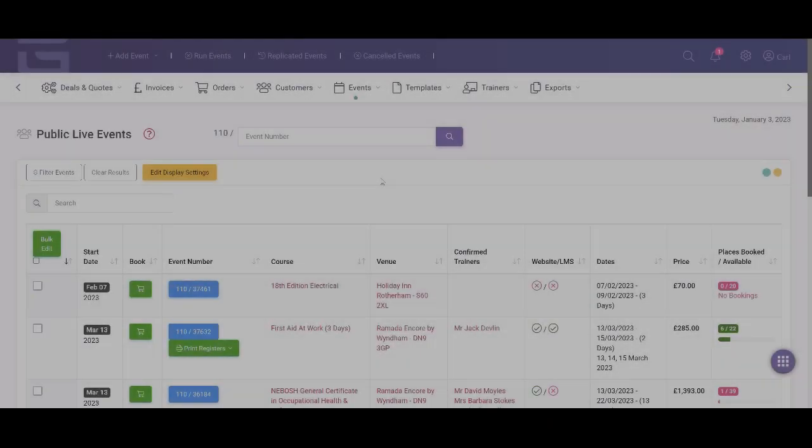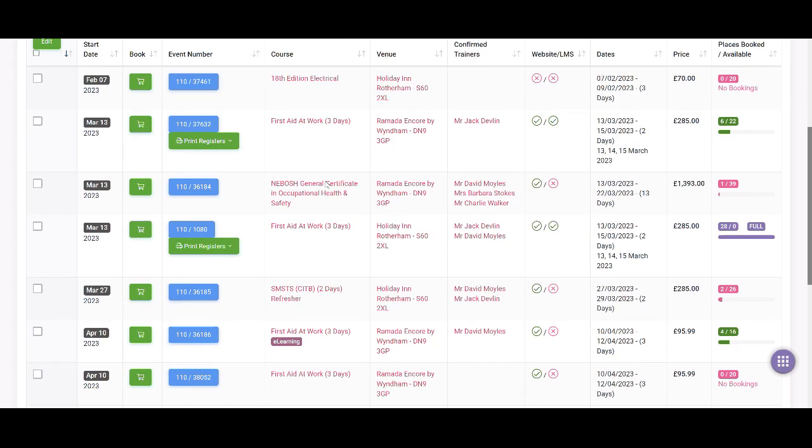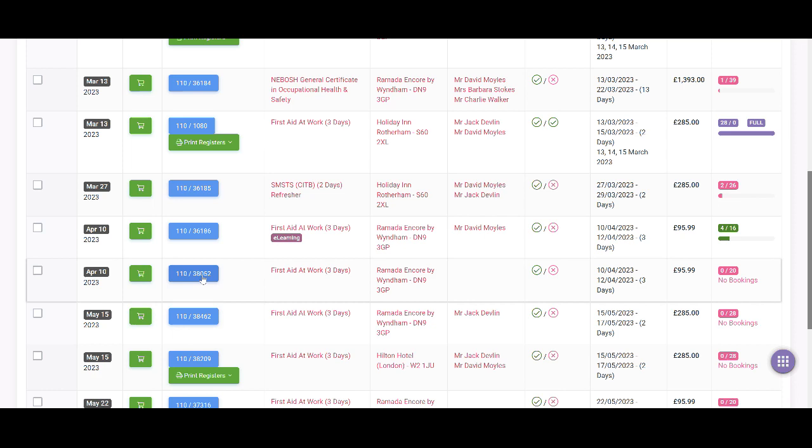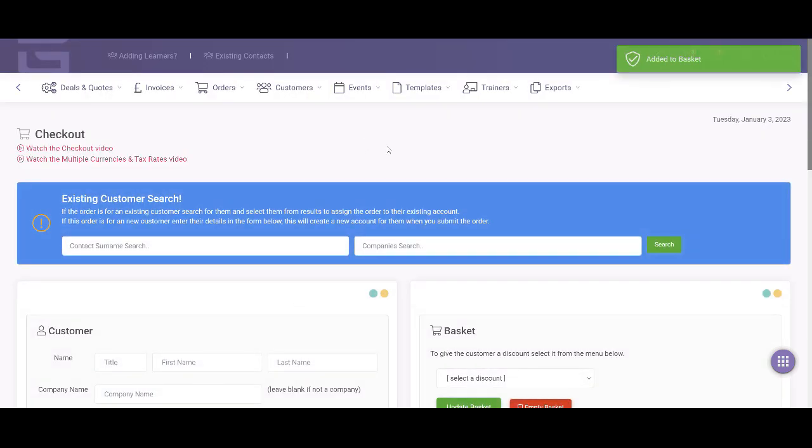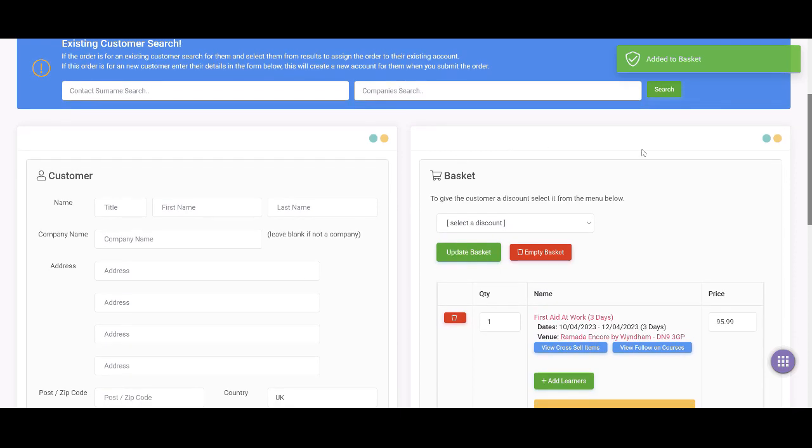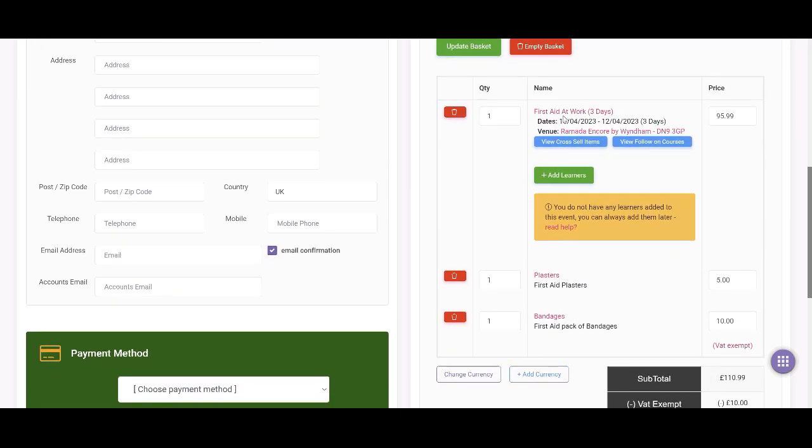Let's have a look at checkout. First find an event, then click the basket button. This event is first aid at work. Now if you look at the basket, you will see this event has been added to my basket along with